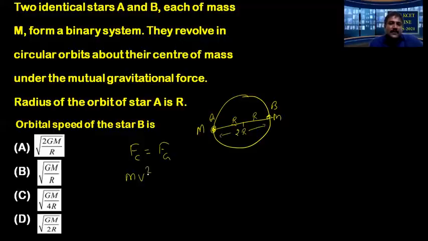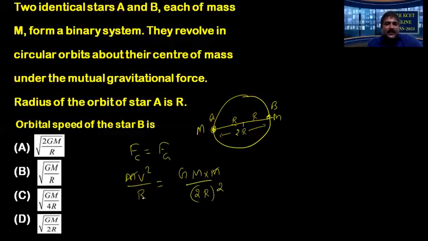So the centripetal force required for circular motion, mv square by r, equals the gravitational force G into product of the masses m into m, divided by square of the distance, 2r square. Cancelling some of the terms, m and m. Left hand side is centripetal force of one star, both will be same, provided by the gravitational force of attraction. In the denominator, left hand side, is the orbital radius of the star, whereas the right side is the distance between the two stars. That's why it is r here and 2r in the RHS.